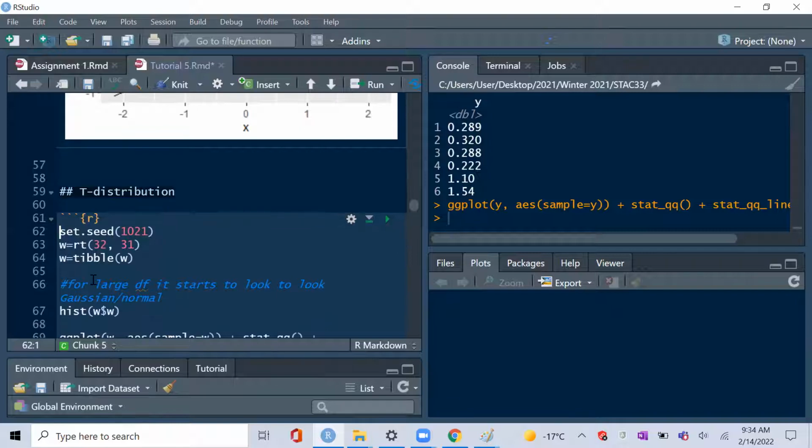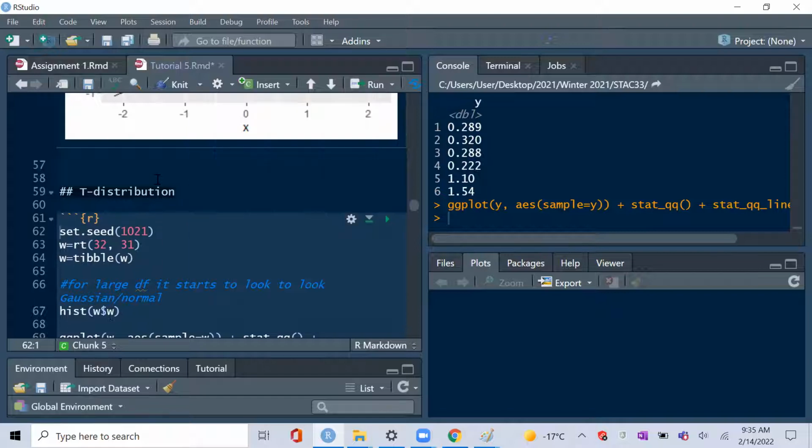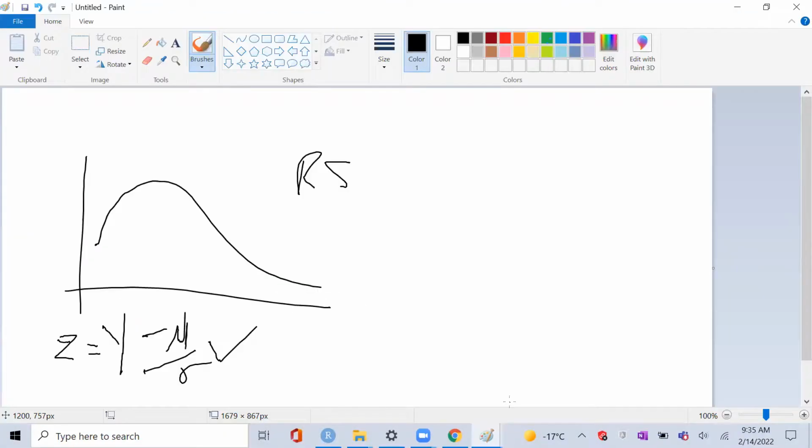Okay, so now let's look at the t-distribution, because it almost looks kind of similar to normal, except it has long tails, and I want to show you that too. Is that right skewed? Yeah, you can see that's true. You can see that all the points are high. In fact, they're so high, they're falling off the line. Because the normal distribution is like kind of like this, where it's sort of saying, okay,